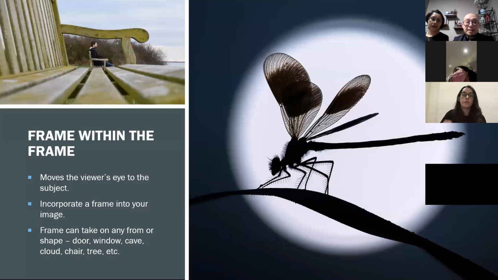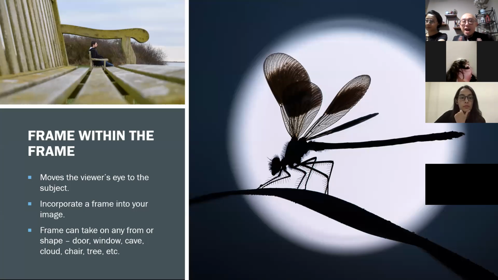Okay, other pictures are like this. This is the next technique that I really love, and I think that it is so beautiful. It is called frame within the frame. 这个其实是我蛮喜欢的一个构图，就是利用任何物件把你要表达的那个物件框起来。